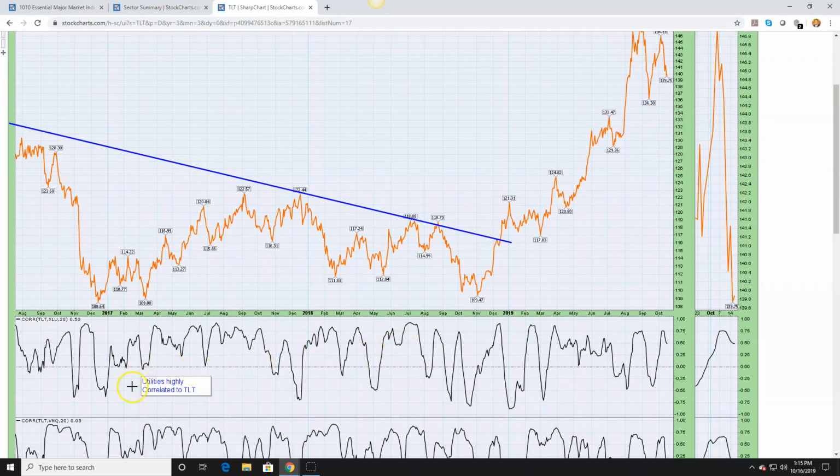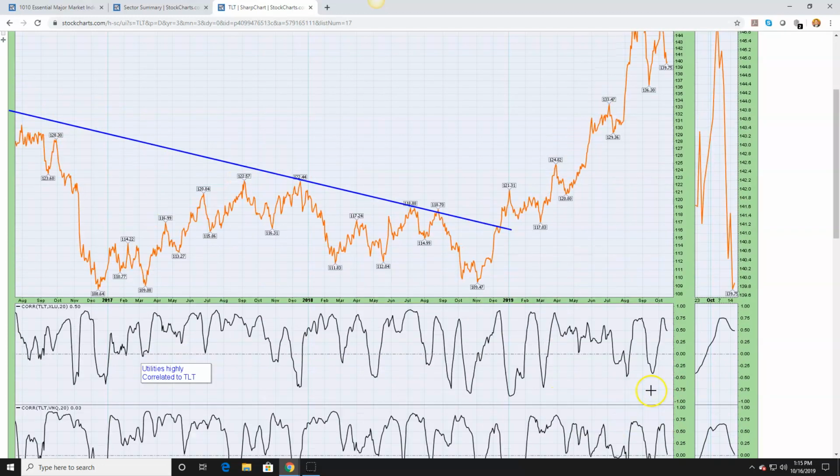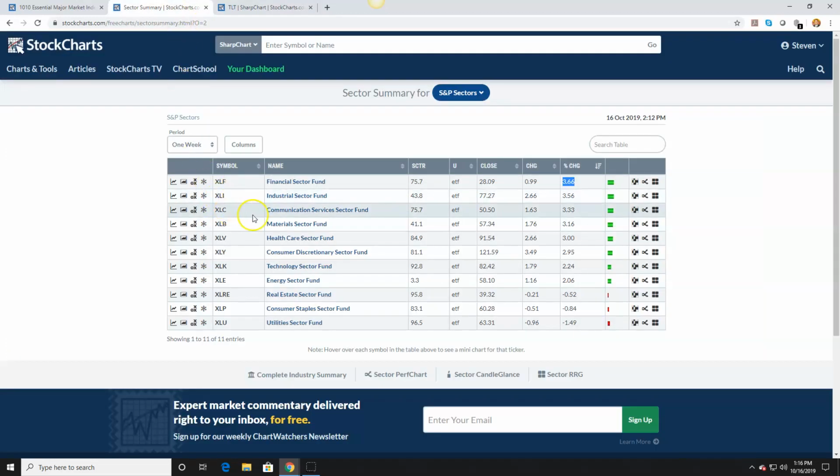So, as I talked about, utilities are highly correlated with TLT. REITs are highly correlated with TLT. So if these do follow, it's going to likely push REITs and utilities down, right? So just keep an eye on that. If we go back to the sector analysis and look at this,